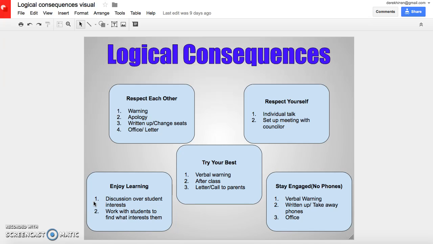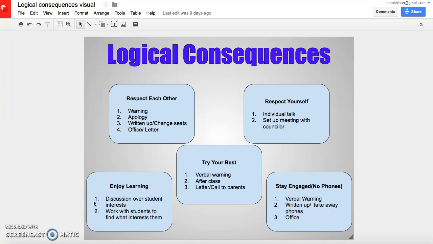And if it continues to happen, you'll go to the office and write a letter. For each of these rules, anytime I think it exceeds just a warning, as a lot of the first times are just a warning, we'll have to send you directly to the office, or we can just jump steps. It doesn't have to be this way, but this is the way it normally is.